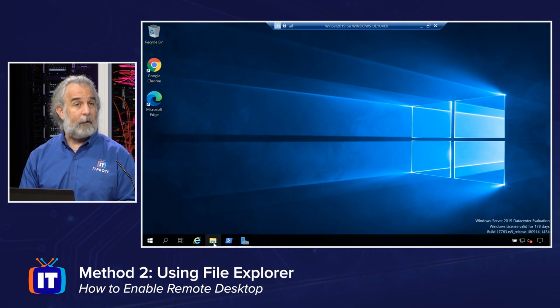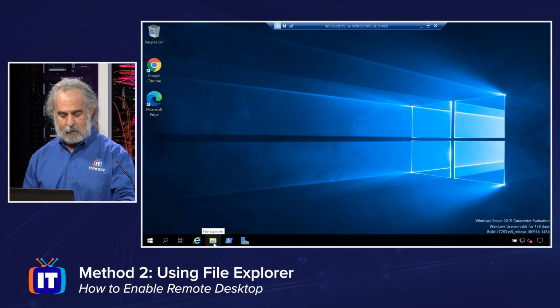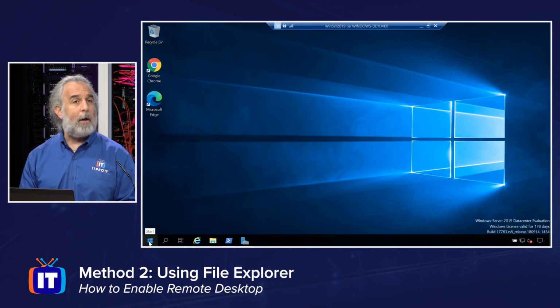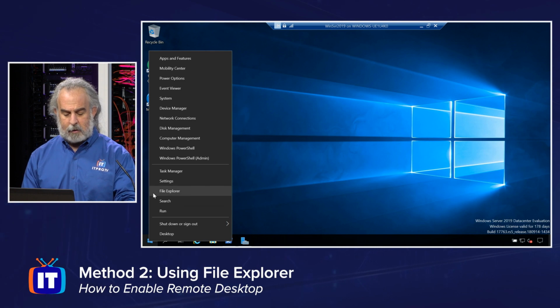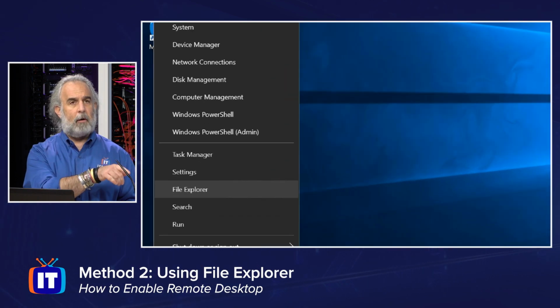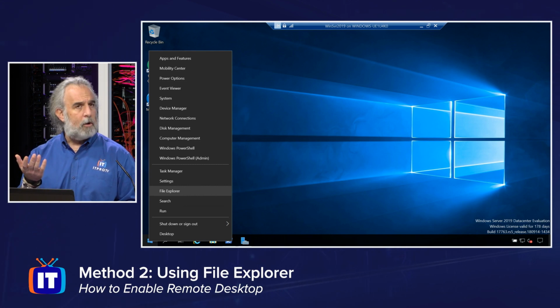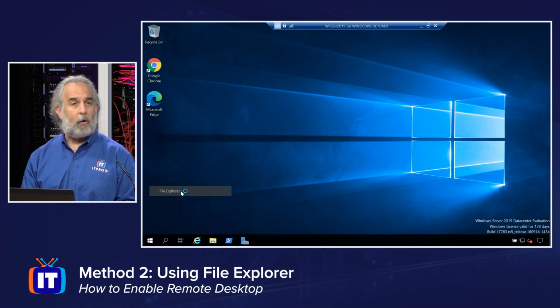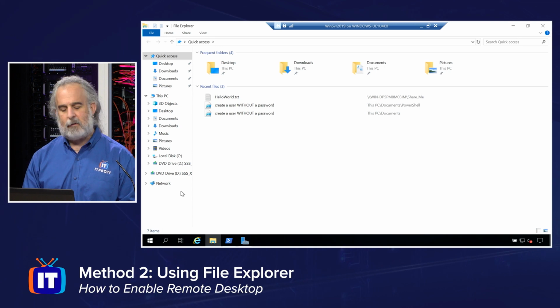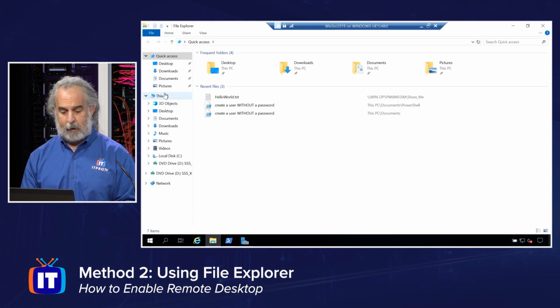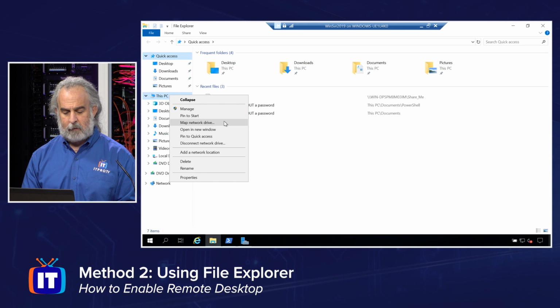We can go to the File Explorer. I can use the icon right down here, pinned on the taskbar, or I can go to the Start menu, right-click, and I can choose File Explorer right from there. I can also use the Windows key plus E shortcut to open and toggle the File Explorer. So always three ways at least to do everything in Windows. I'm going to come to the This PC item right here. I'm going to right-click on it. I'm going to choose Properties. Most people don't realize we can do this.